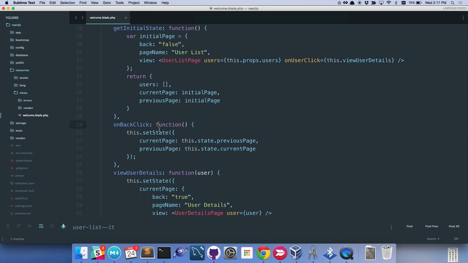The previous page is now the current page, right? So we're going backwards, so we're going to swap those two around. And so these pages are these objects here. That means that we can be anywhere in this app, and the back click will work the same way. It doesn't matter. So we only have 2 pages, but you can imagine you had 7 or 8 pages,